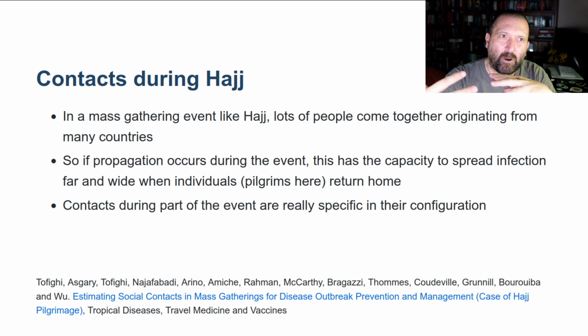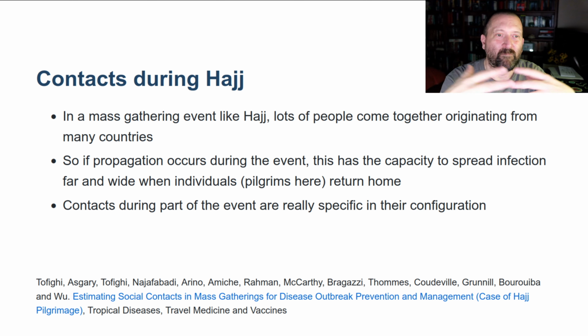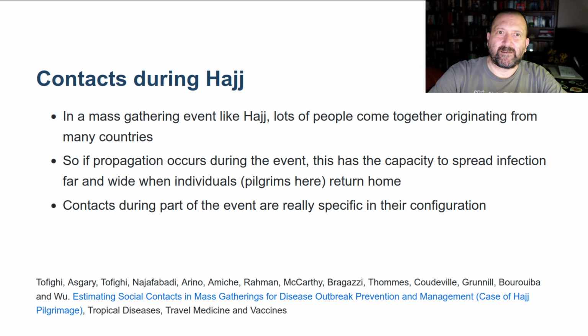is that you have a lot of people that come together from different countries. And in the case of Hajj, most countries in the world have people that come. Often not many, but there can be a lot. And if there is propagation during this event, there is a potential for this to act as an amplification, after which dissemination would take infected cases back to places where there were no cases before. Okay, so understanding the dynamics of propagation during the event and potential mitigation measures is important.